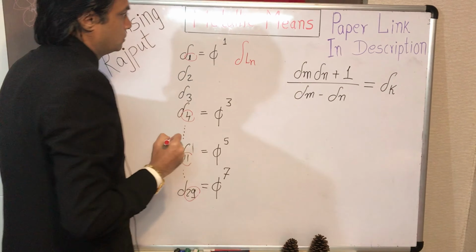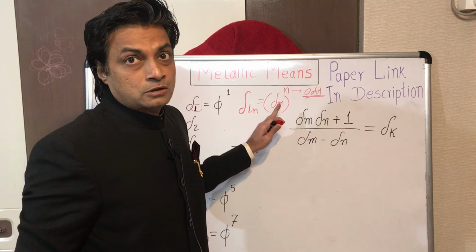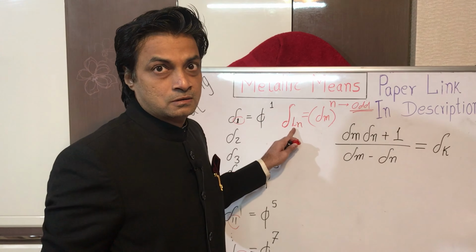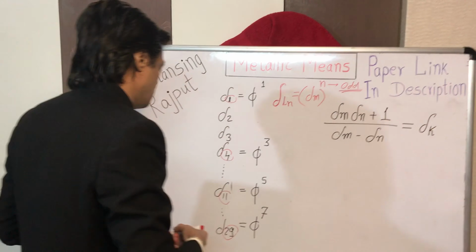Okay, and this is not just limited to the golden ratio. This formula can be generalized for any metallic ratio. The L-nth metallic mean precisely equals the nth power of the corresponding metallic ratio, the metallic ratio which corresponds to that Lucas sequence. Let me elaborate.